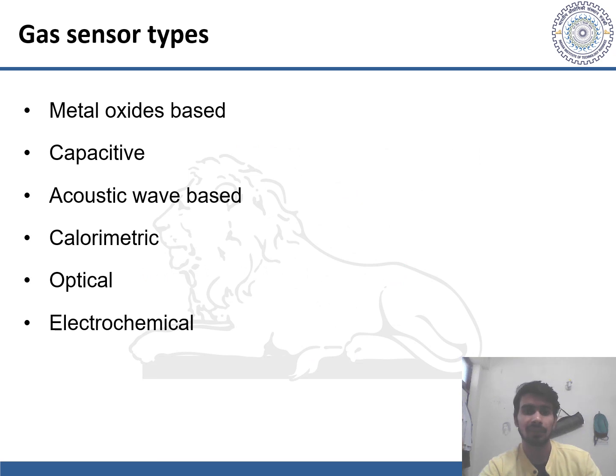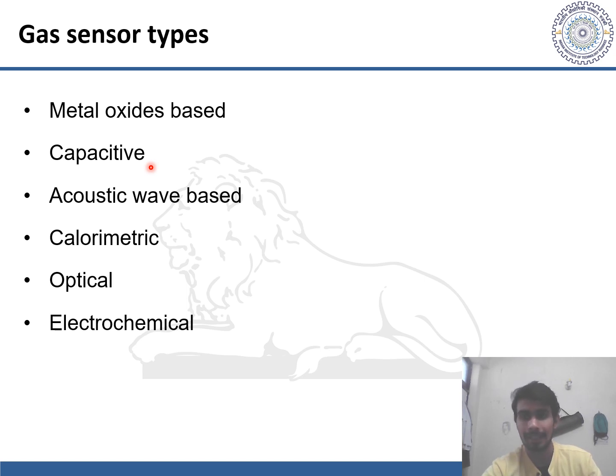Now coming to the types of gas sensors, and this classification is done on the basis of sensing technology. First one are metal oxides based. In this, change in resistance of a thin film is measured due to the absorption of gas molecules on the semiconductor. The resistance changes, and in case of capacitive, the dielectric constant between two plates of the capacitor changes